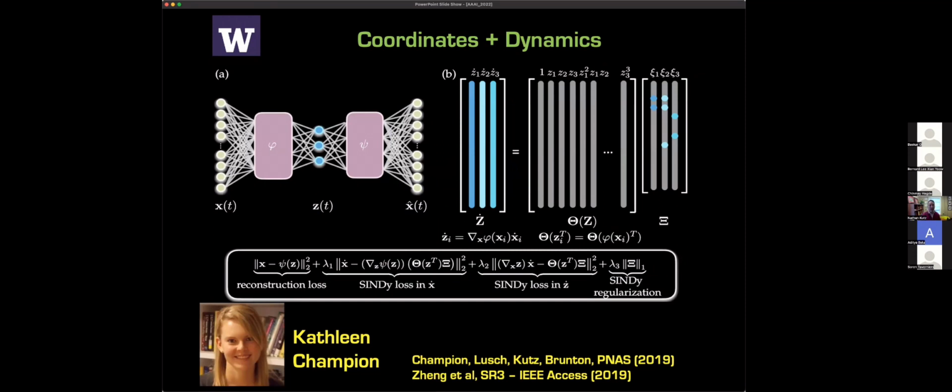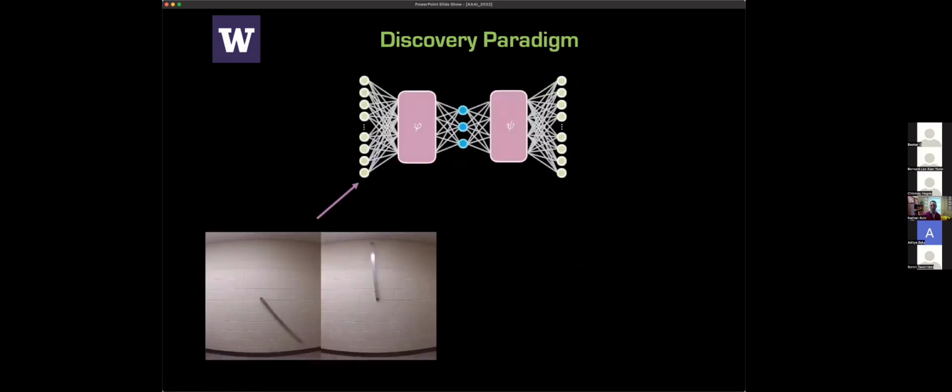So what Kathleen has here is that kind of architecture. I want to learn a coordinate system in which to represent my governing equations, and then I'm going to impose SINDy in that space. This combination allows you some really interesting results. This is what Kathleen was able to do. Take something like a pendulum. But now, I'm just going to give you the video of the pendulum. So there's the video. The algorithm has no concept that there's a pendulum in there, that there's a theta, theta